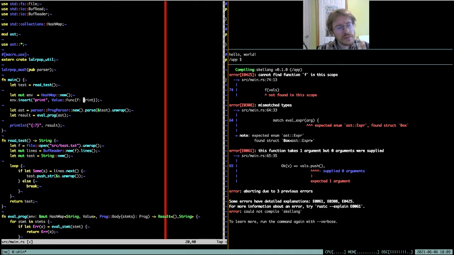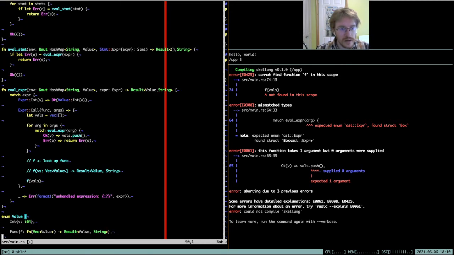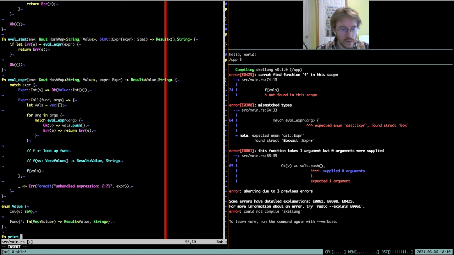So print, what do we call it? Print underscore for now, or print prime. Print prime will take a list of values, or a vector of values,